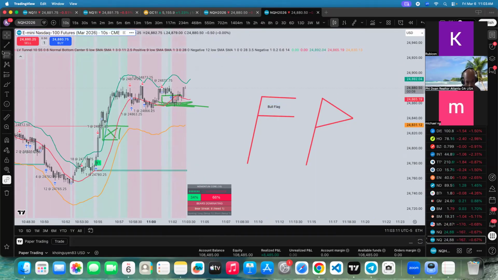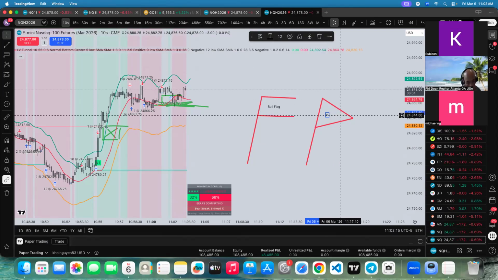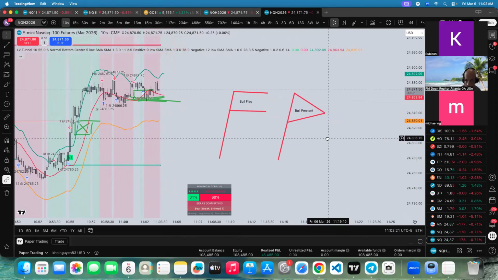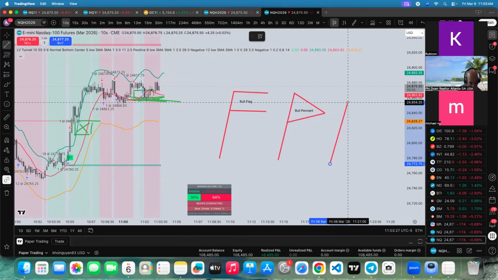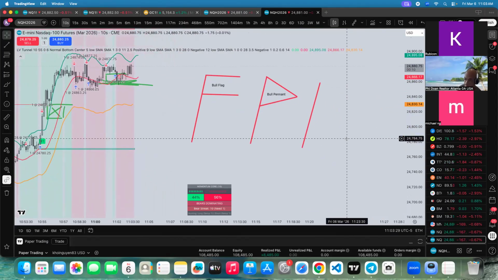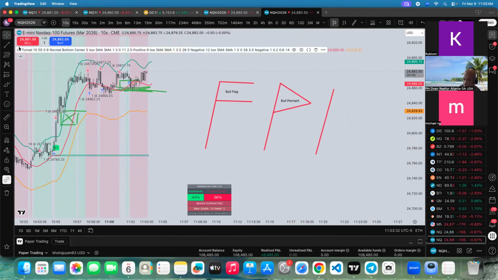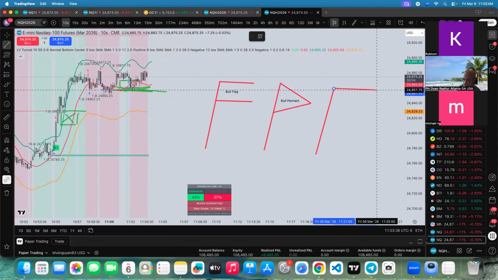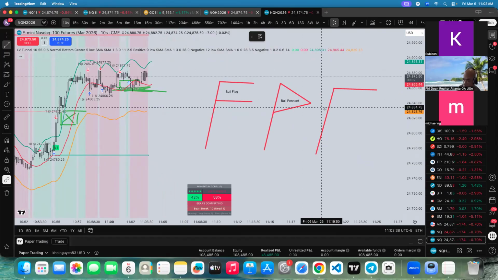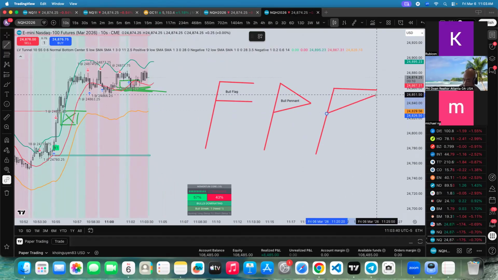Bull flag. Okay. This is not a flag or anything, but this is like a